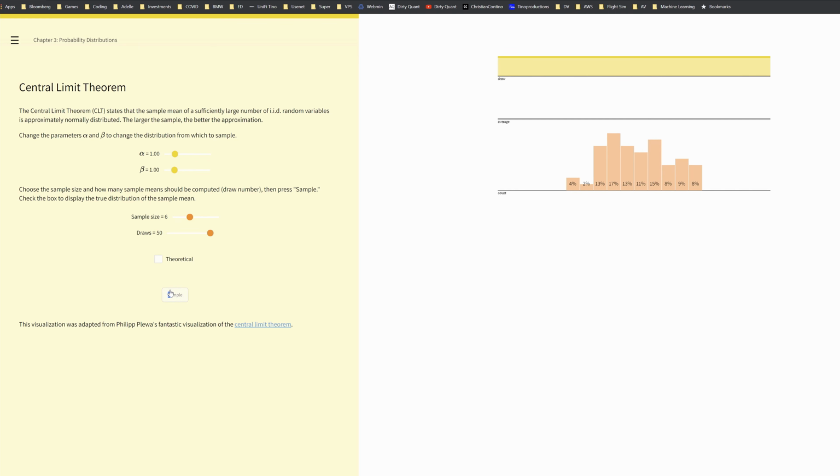Look at that. We're starting to approach. So the theoretical is obviously going to be that normal. I wish that draw went higher than 50. I mean, maybe what if I make that bigger as well? How well does it fill that line? It's not bad, actually. That's pretty nice. Pretty nice. Here I can change these parameters. What distribution is that at the top? It's like uniform, but interesting.